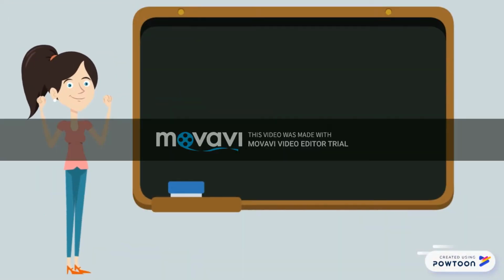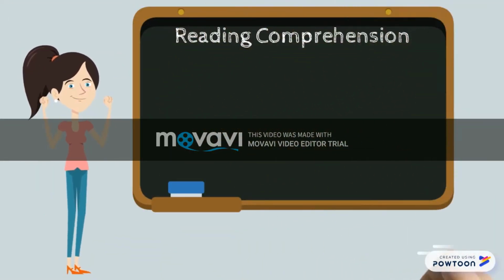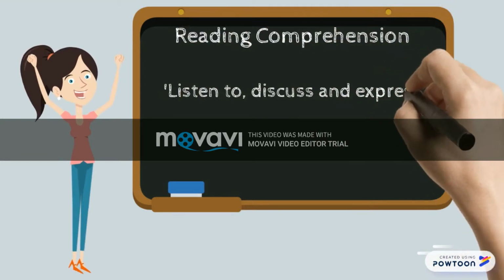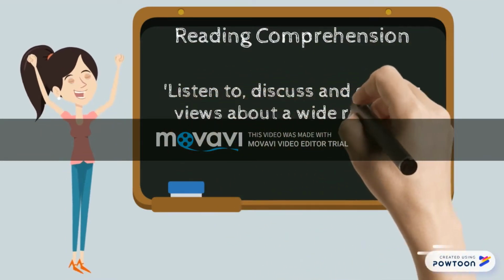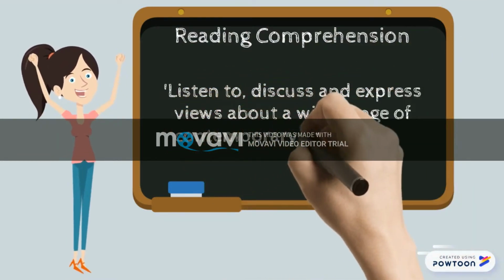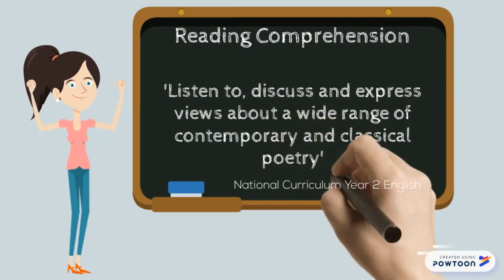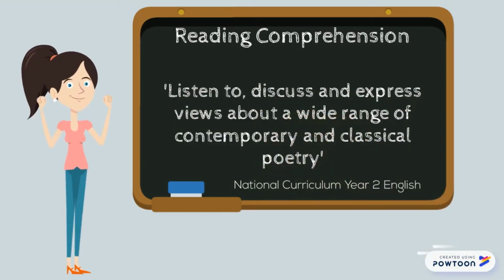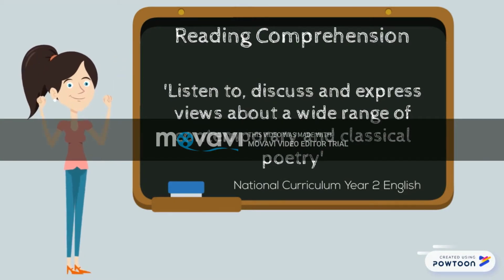When it comes to English, it can become harder to link this into the same type of lessons as science and maths. However, we still may be able to use our exploration and evaluation thinking skill. Through reading comprehension, we'll look at poems and the recital of poems. The national curriculum suggests that children should listen to, discuss and express views about a wide range of contemporary and classical poetry,